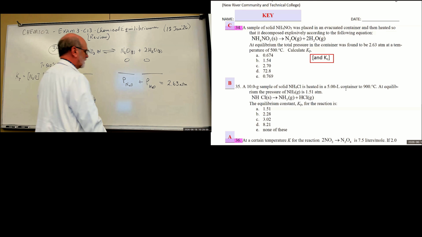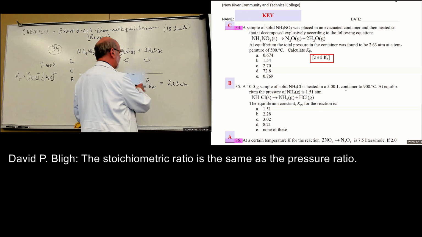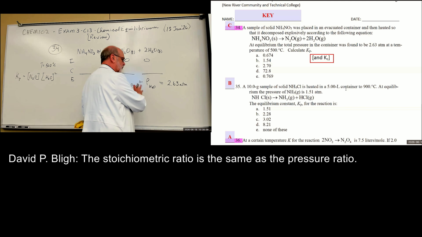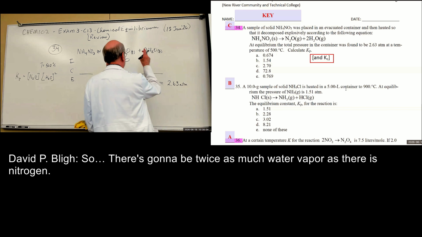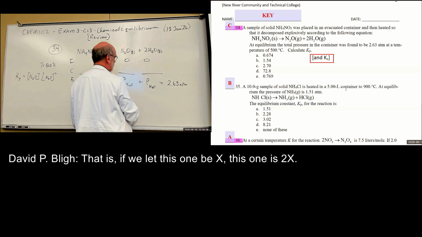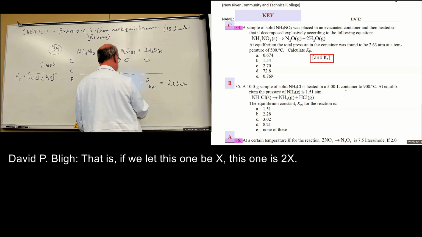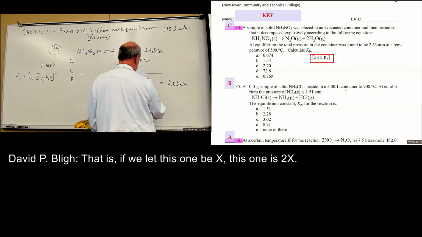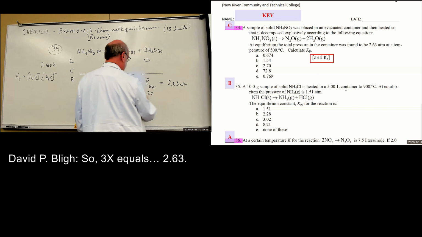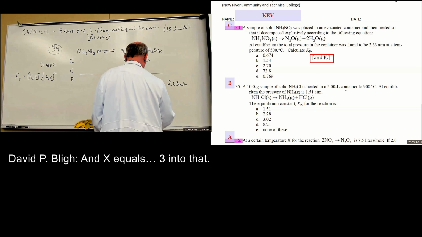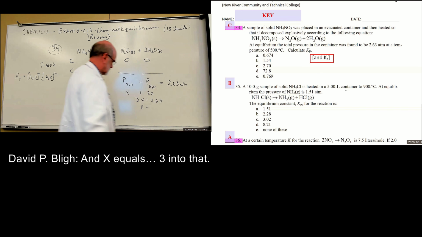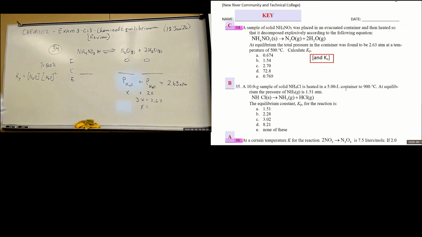The stoichiometric ratio is the same as the pressure ratio, right? So there's going to be twice as much water vapor as there is nitrogen. That is, if we let this one be X, this one is 2X. So 3X equals 2.63, and X equals